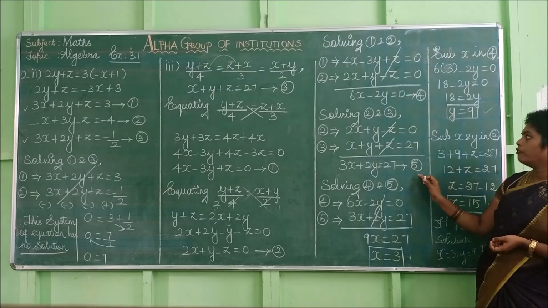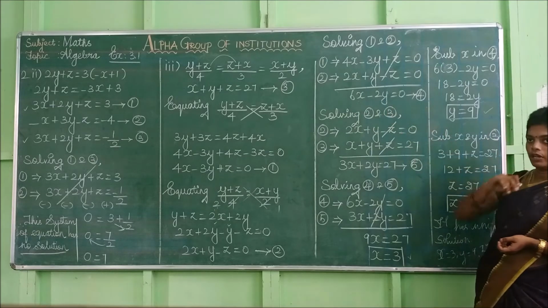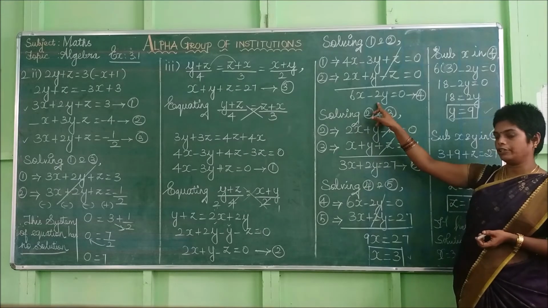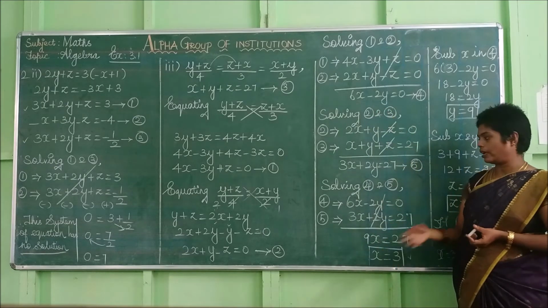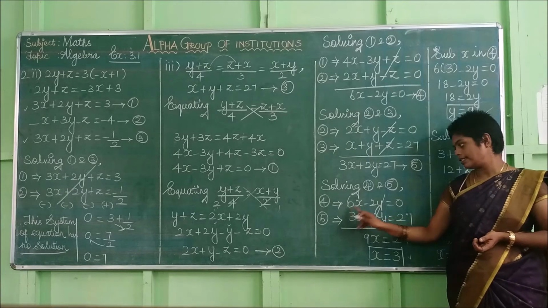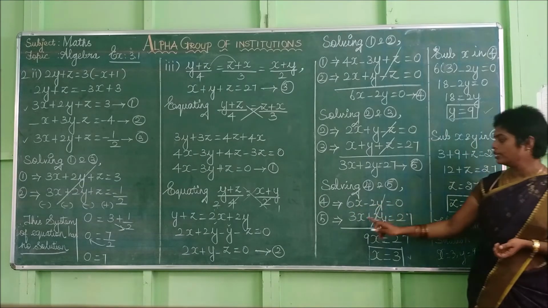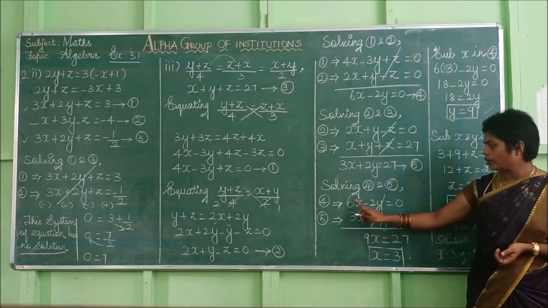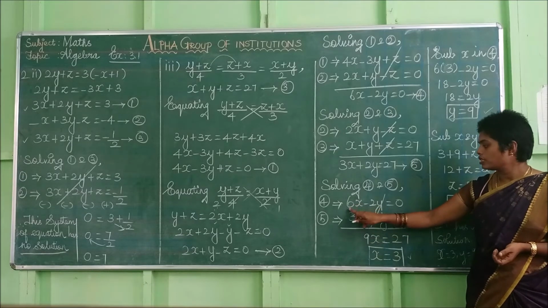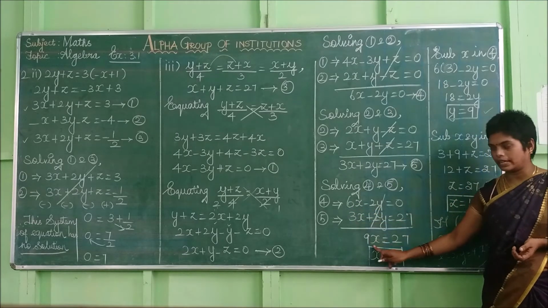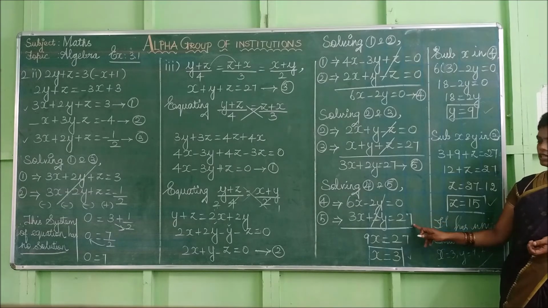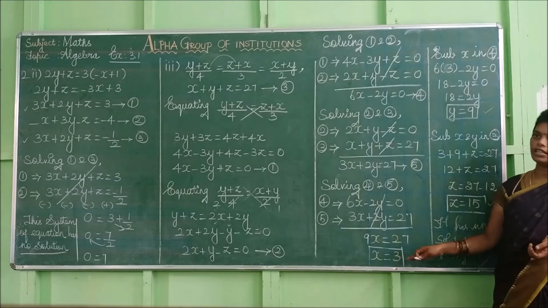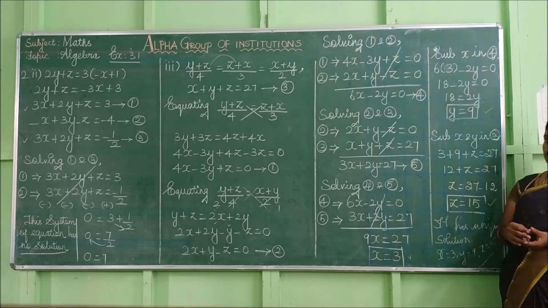So solve this 4 and 5. Both contain x, y terms. Okay. Then here plus 2y and here negative 2y. So you can easily cancel and get the x value. So write the fourth equation: 6x minus 2y which is equal to 0. 3x plus 2y which is equal to 27. Positive and negative get cancelled. So you can add the x variables. So 6x plus 3x is nothing but 9x which is equal to 0 plus 27 is 27. So we need only the value of x. So you have to divide 27 by 9. So 27 by 9 is nothing but 3.